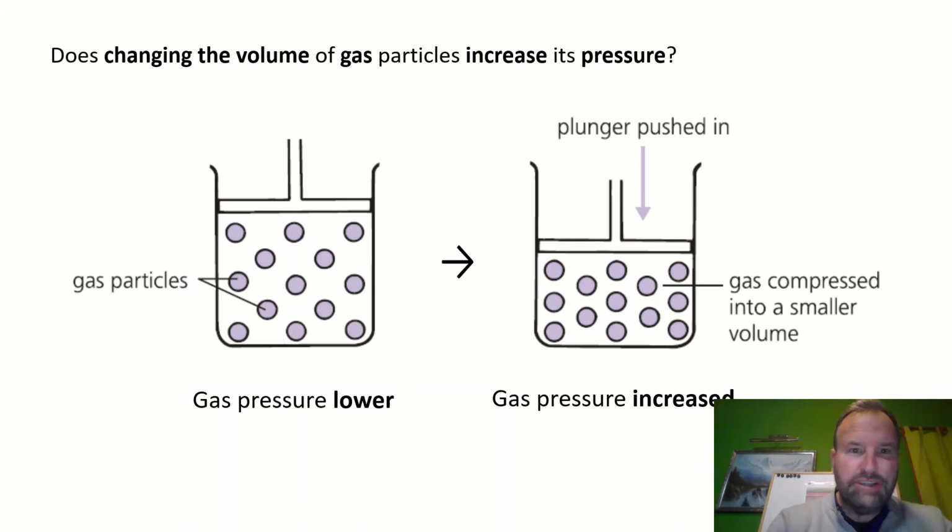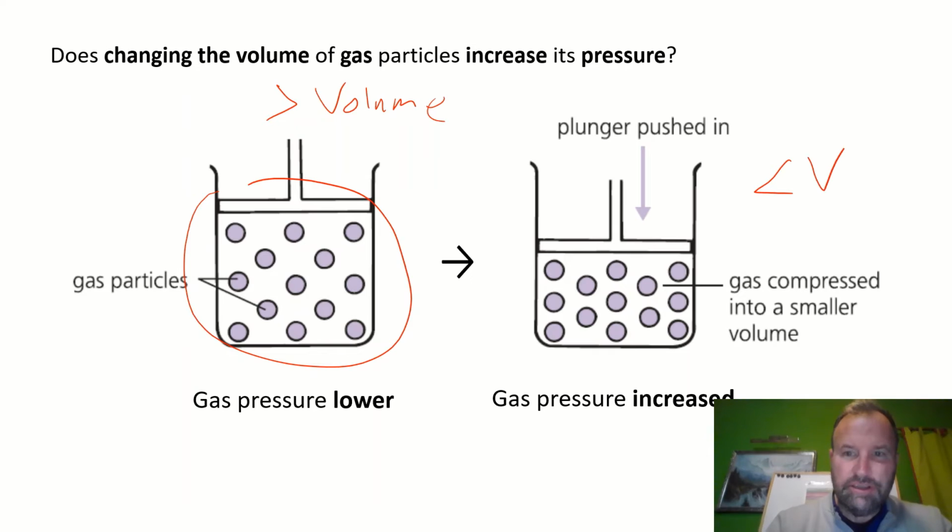Now, does changing the volume of the gas increase its pressure? Here you can see the volume is greater than the volume here. So the volume here is much greater than the volume in the next diagram. So the volume is less in this diagram, and that's due to this plunger being pushed in. So as the gas pressure is lower and we push down with the plunger here, we can see that